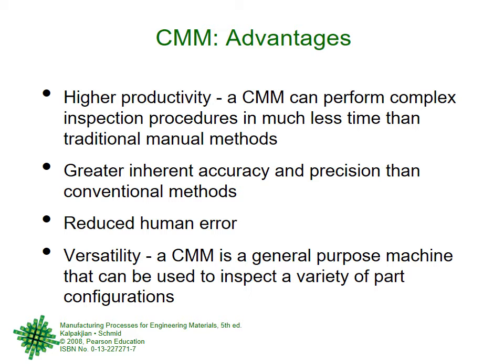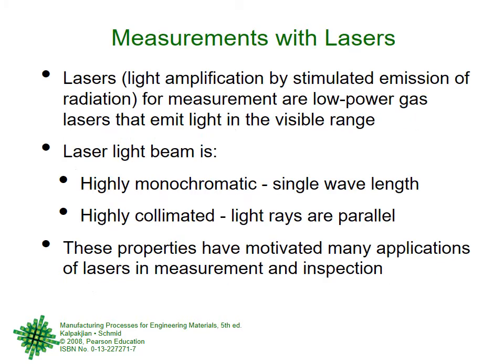That human error is almost gone. Of course, if the operator is not very good, then human error will come. But if the operator is good, then compared with measuring by hand, there is no human error here. The accuracy is at an absolutely higher level. The rate at which you can measure is huge, because you were using 10, 5, 6 different instruments, and here you are doing all of it in one place. So there are lots of advantages. The disadvantage is the cost. So the type of production that we are doing, does it justify this cost?